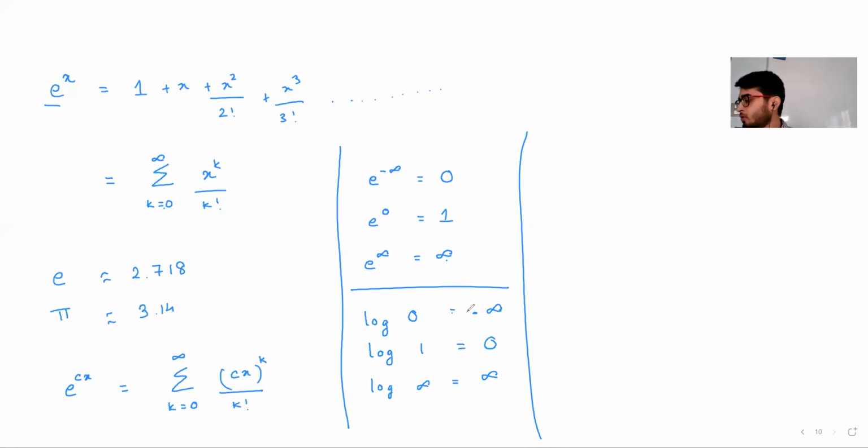Now what we're going to look at is properties of infinite. If we are adding, multiplying, subtracting, whatever things to infinite, what do we ultimately get? So next what we have is properties of infinite.